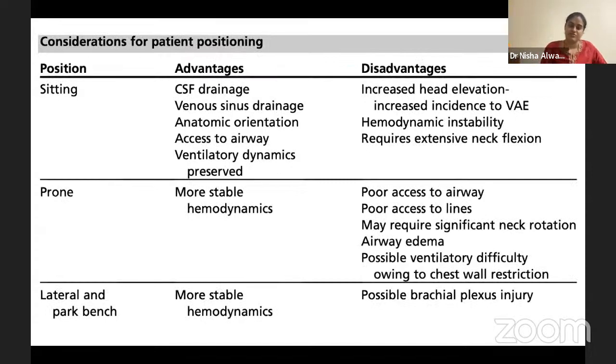The next important step, once you have induced the patient, we have taken up all the monitors, we have all the lines in place. Now comes the part of positioning. Now we have to position the patient for surgery. So why do you do this positioning, non-supine position? What is its importance to the surgeon? Surgeon needs these positions because the accessibility to the lesion is better for him, and he positions in such a way that there is gravity-aided venous drainage as well as CSF drainage, so that there is decreased bleeding as well as a decrease in the ICP so that the brain is more lax for him.